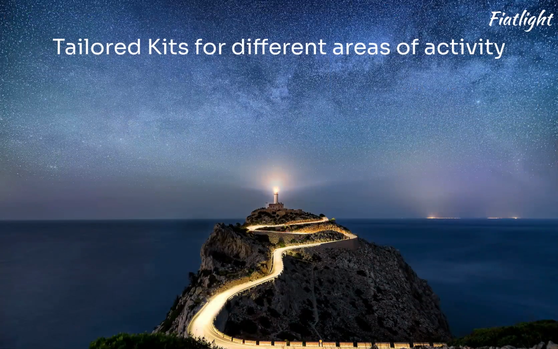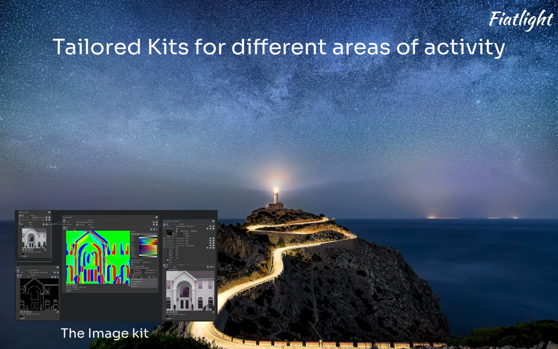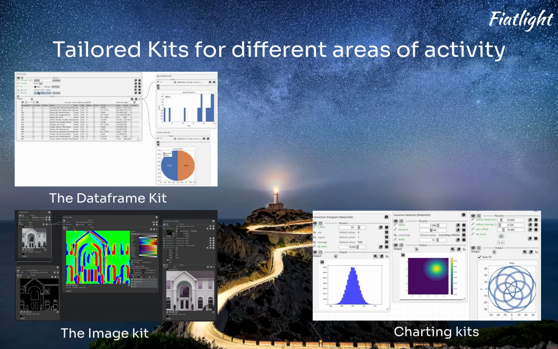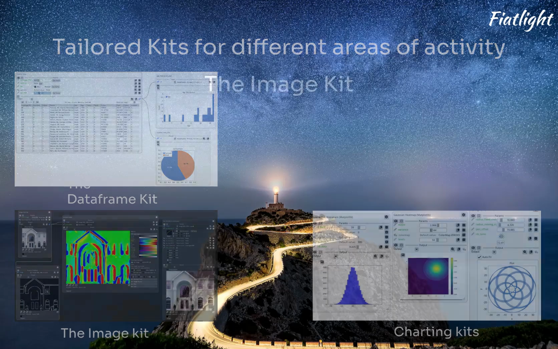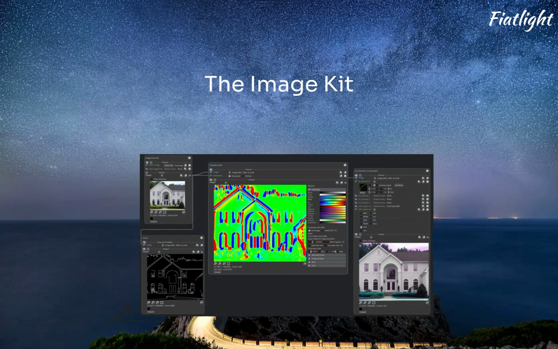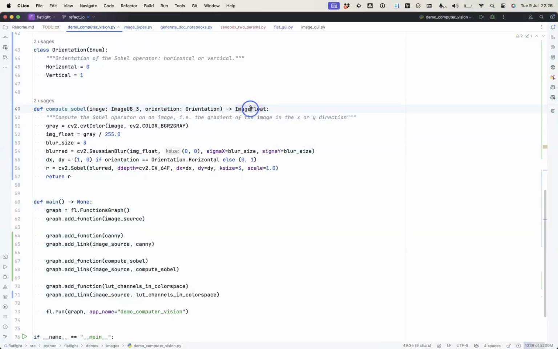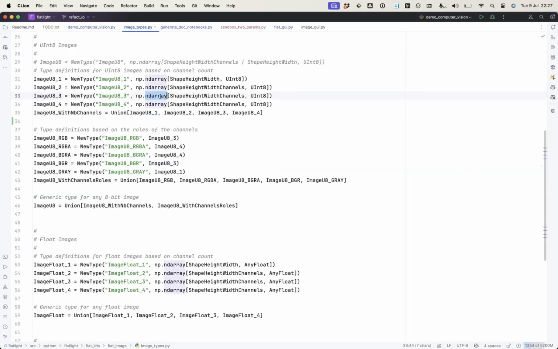Fiatlight provides tailored kits designed for various areas of activity. These include the image kit for advanced image analysis, the Matplotlib and ImPlot kits for real-time plotting and data visualization, and the DataFrame kit for handling large tabular data. The image kit provides an advanced image analyzer. As soon as a function uses or returns an image type, which is a synonym for a NumPy array, this